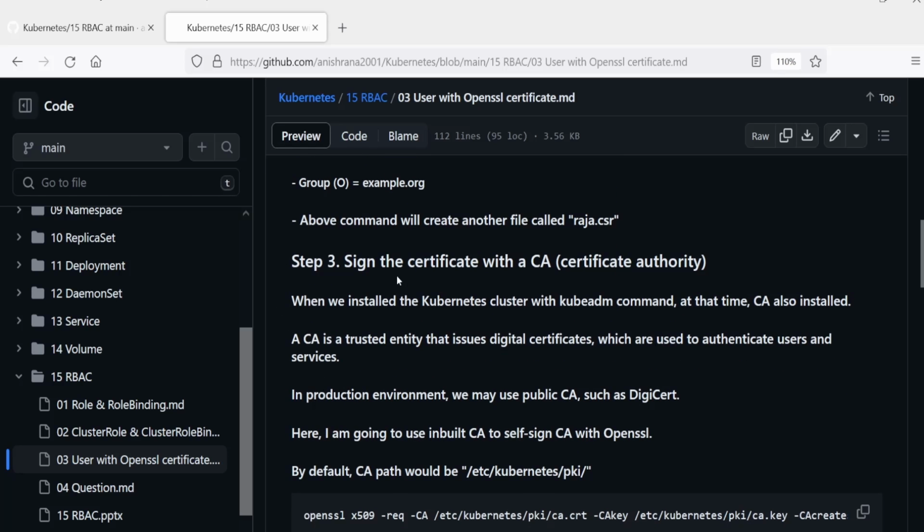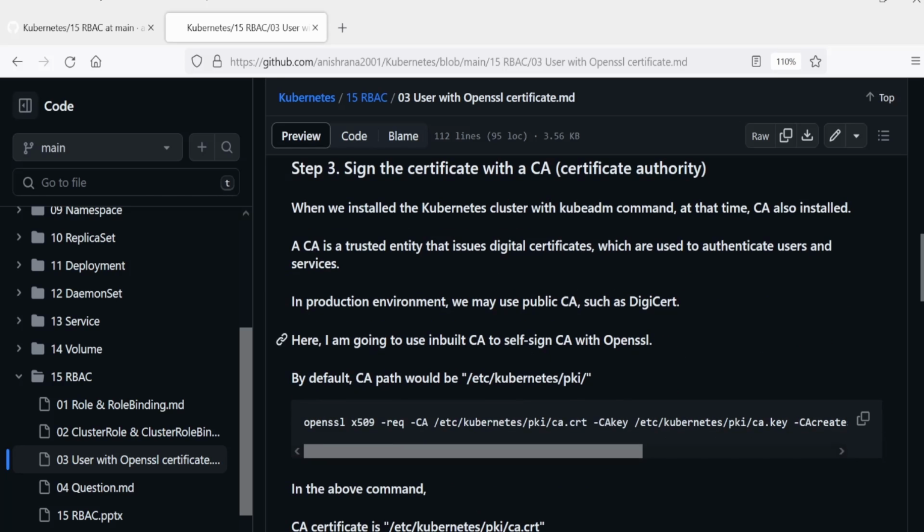In step 3, sign the certificate with a CA, certificate authority. When we install the Kubernetes cluster with the kubeadm command, at that time a CA is also installed. A CA is a trusted entity that issues digital certificates which are used to authenticate users and services. In a production environment, we may use a public CA such as DigiCert and others.